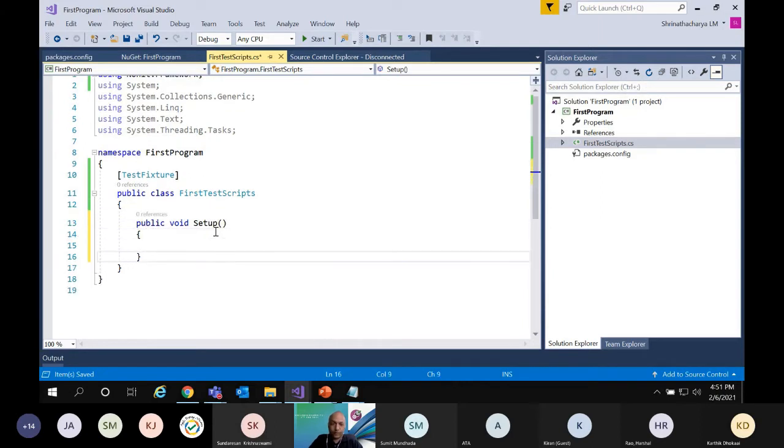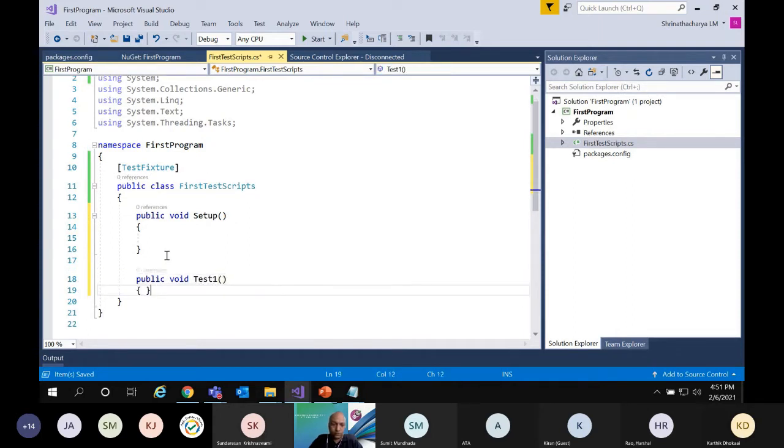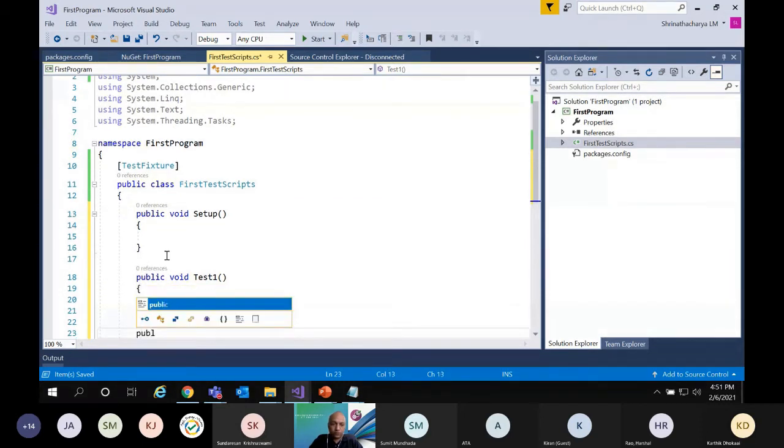One is for the setup, another is for the test, and the third one is cleanup, you can call it teardown, whatever it may be.